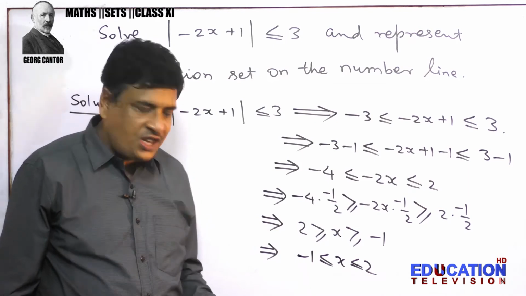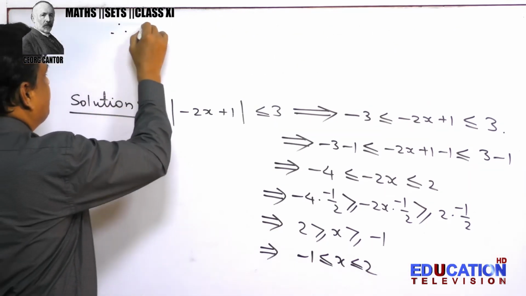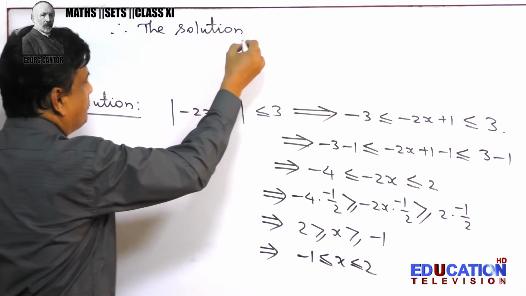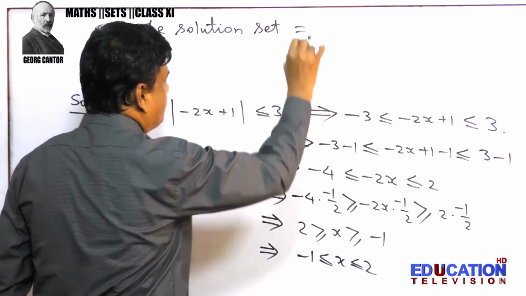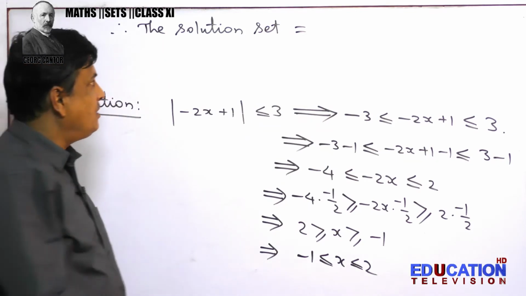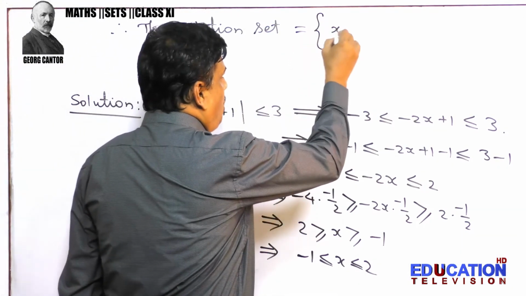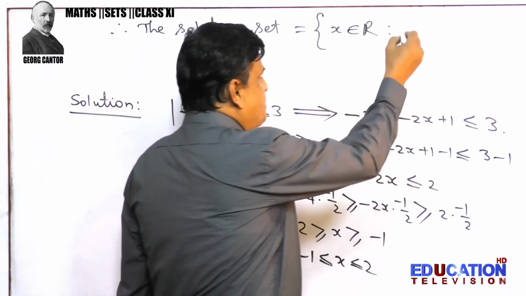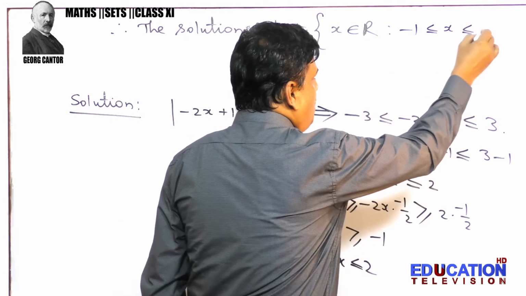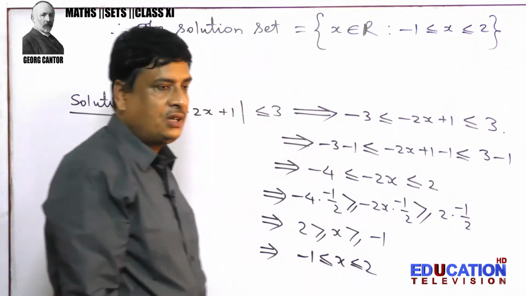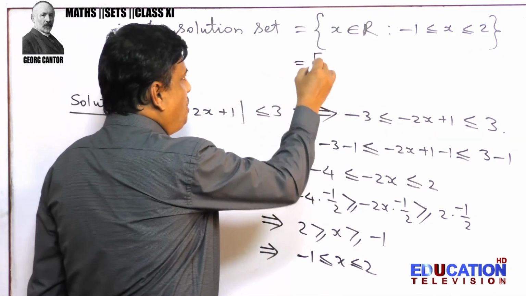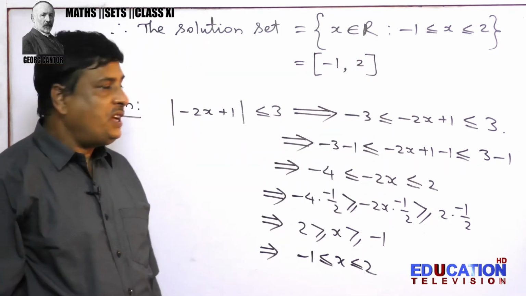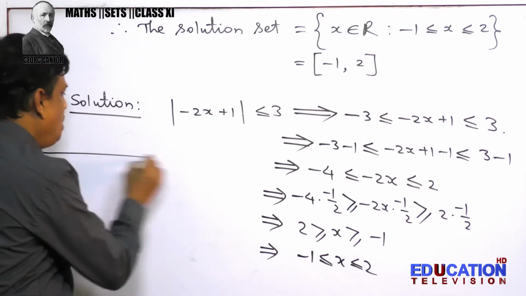What will be the solution set? The solution set is the set of real numbers x greater or equal to minus 1, less or equal to plus 2. It is the closed interval minus 1 to 2. Representing it graphically on the number line,